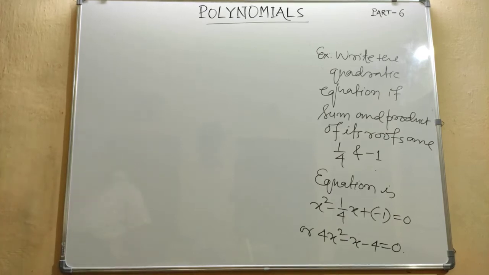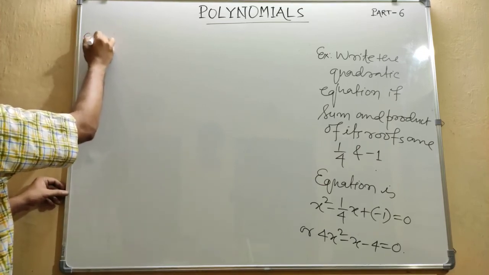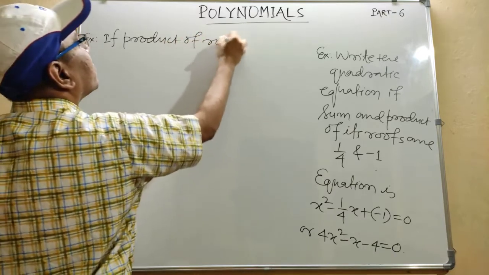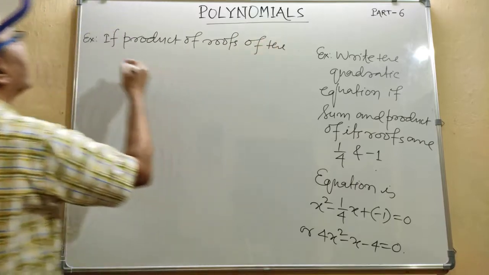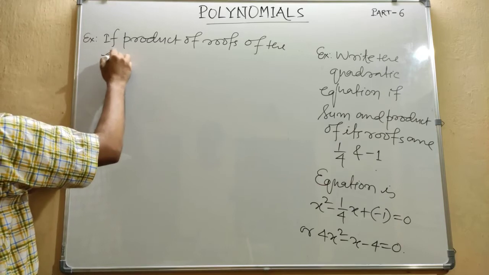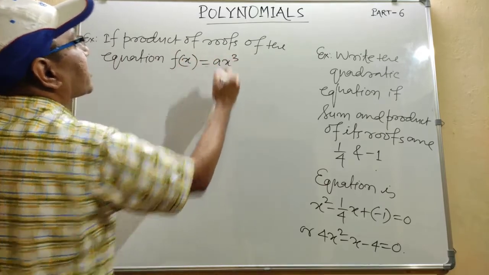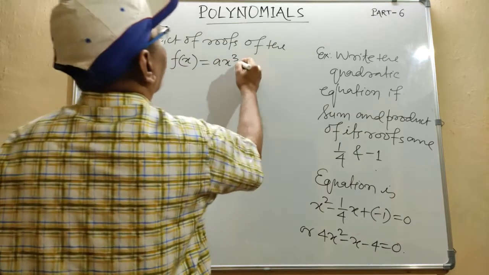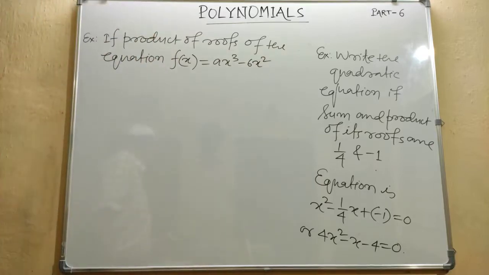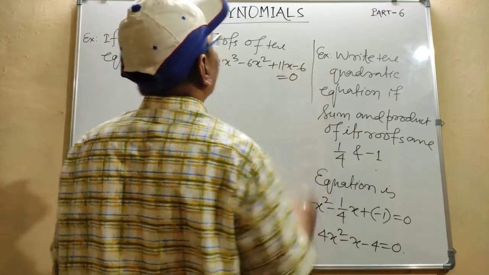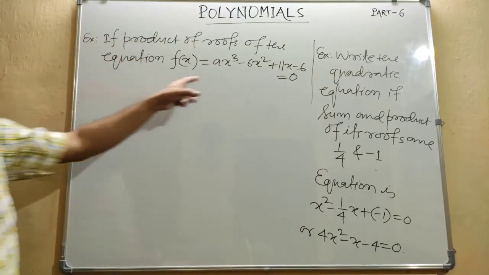Let us see one more problem. If the product of roots of the equation f(x) = ax³ − 6x² + 11x − 6 = 0 is 4,